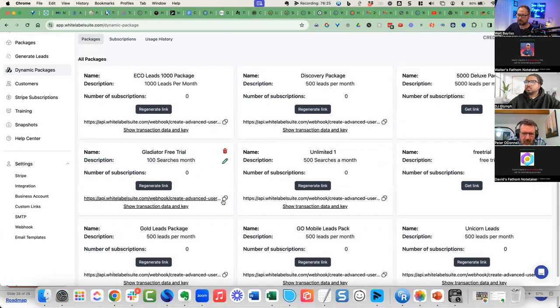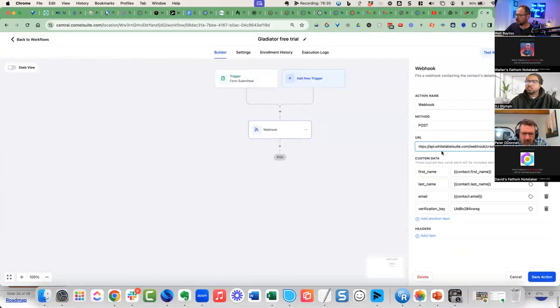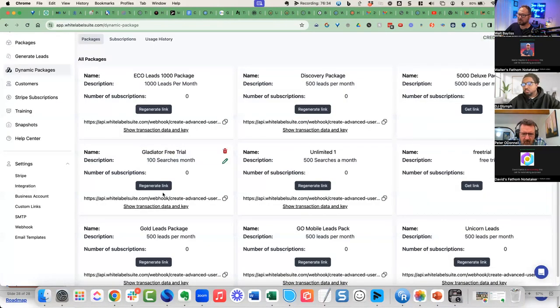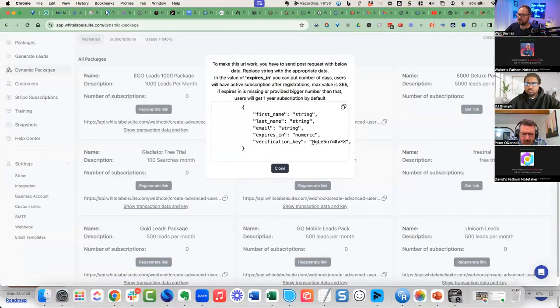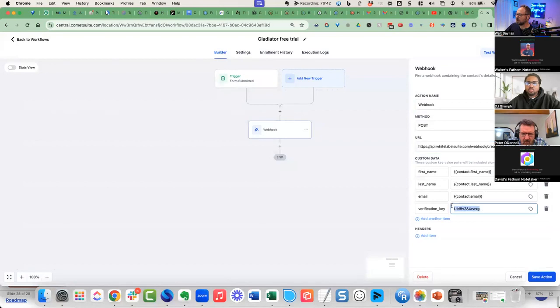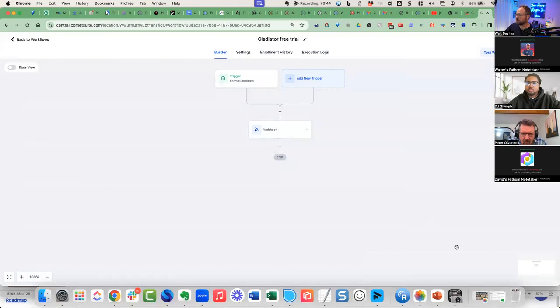There it is. Grab that, pop it in, and that won't work unless I also update the key, because the key is unique as well. So I need the key. Grab the key. Okay. Update the key and done. We are done. When anybody fills out that form now, they will instantly get a free trial of my package